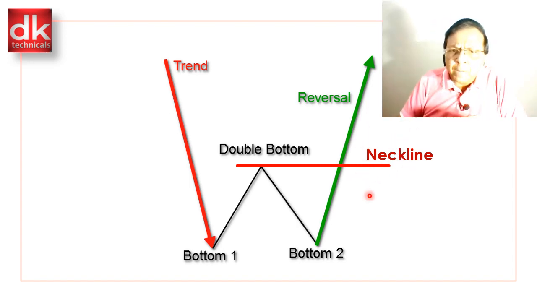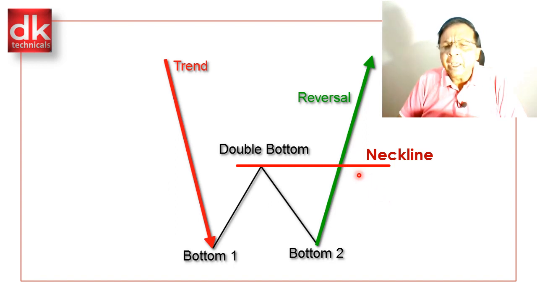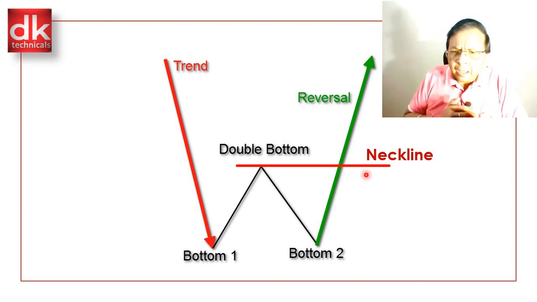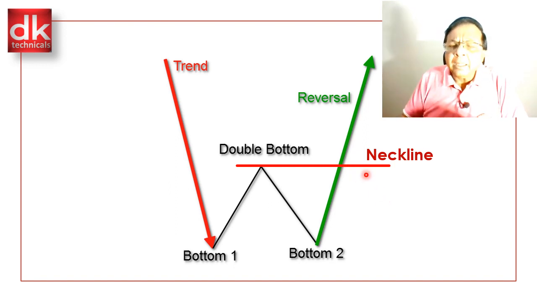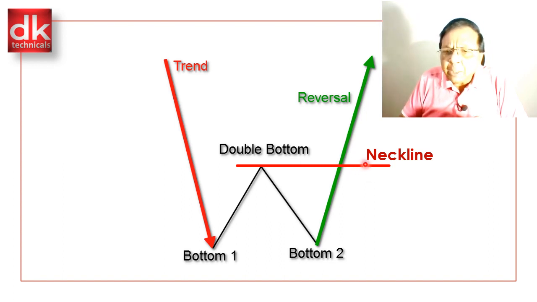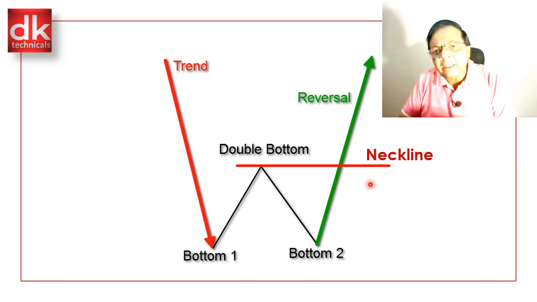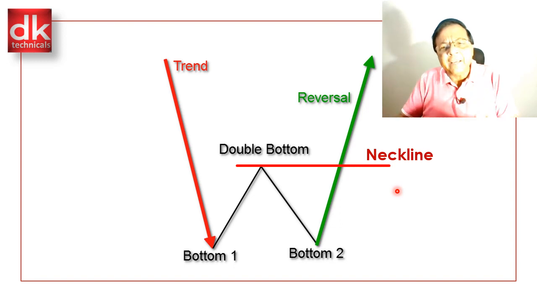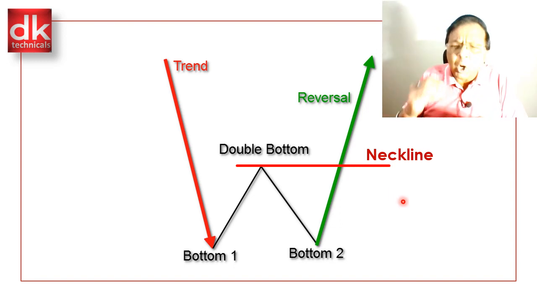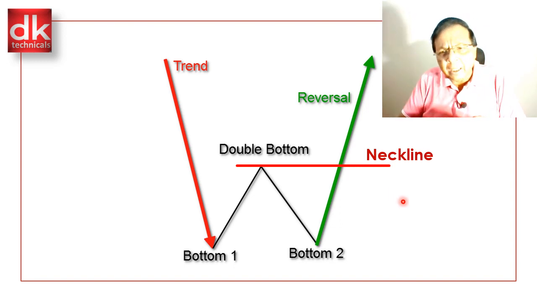What should be our stop loss? If you are entering at the bounce back, then our stop loss would be the previous swing low, and if you are entering soon after the breakout has taken place, then the stop loss could be 1 ATR below the neckline. And any target that we have said is the minimum objective for any price pattern.